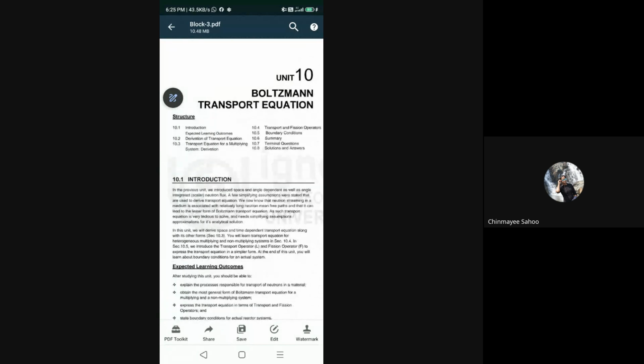Ludwig Boltzmann is the greatest physicist of German origin, and his pioneering work in the field of statistical physics is noted. Boltzmann has derived the transport equation for